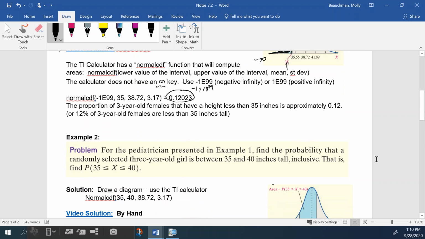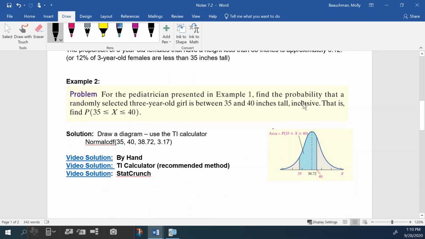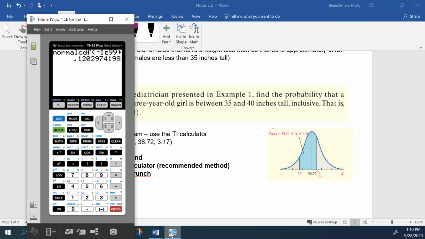All right, next example. For the same problem in example 1, find the probability a randomly selected 3-year-old girl is between 35 and 40 inches tall. So we have the same normal distribution. Shade in the area that you want to find. So we're going to use the same